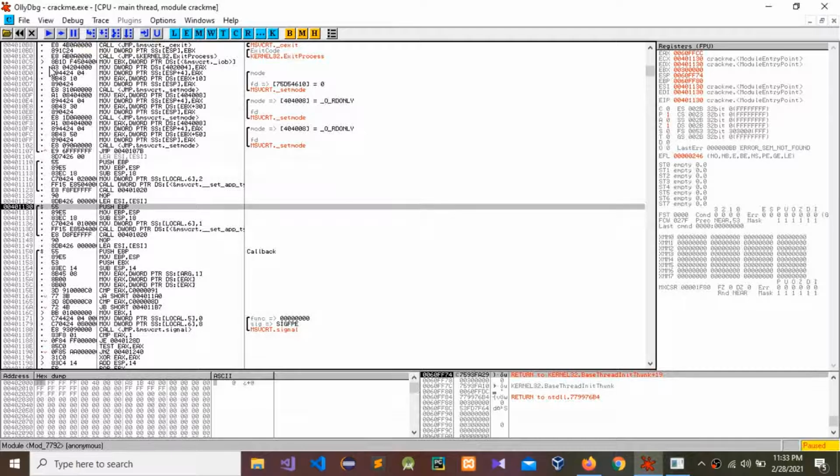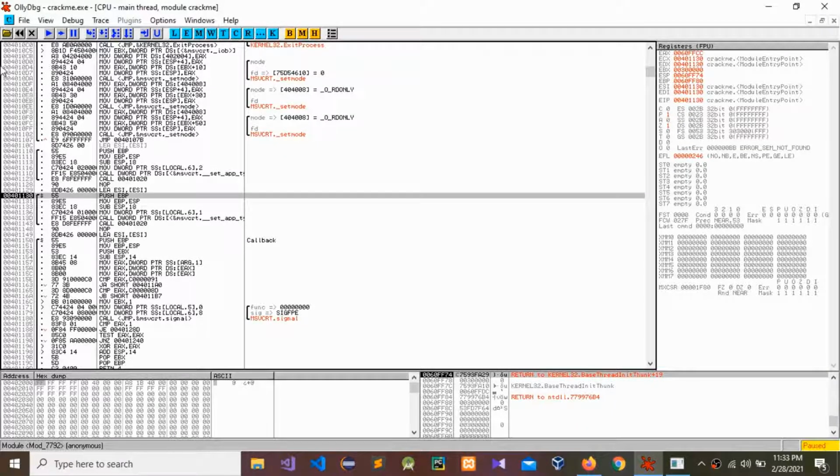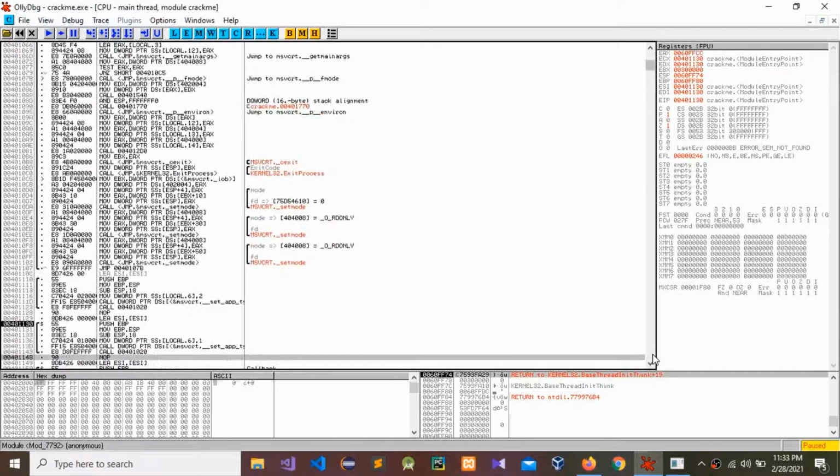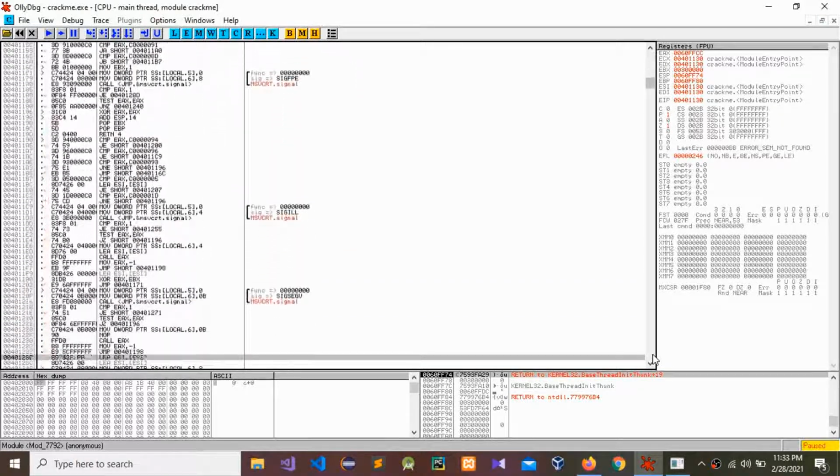So it's open. Now we need to investigate this file from top to bottom. Let's check one by one. We need to find meaningful details and information.